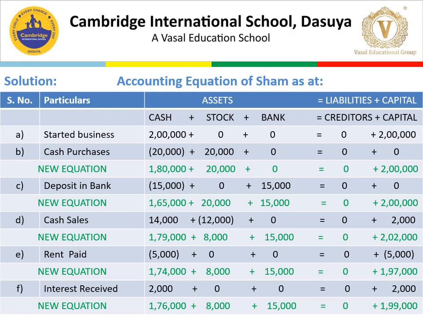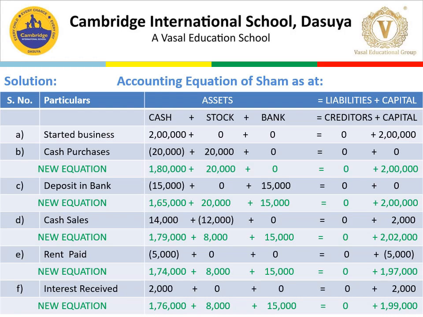Then we have to deposit cash into the bank. 15,000 is deposited in the bank. It will lead to a decrease in cash. 15,000 will be deducted from cash and added in the bank column of the accounting equation. The bank balance would be increased by 15,000. No effect on any other item.